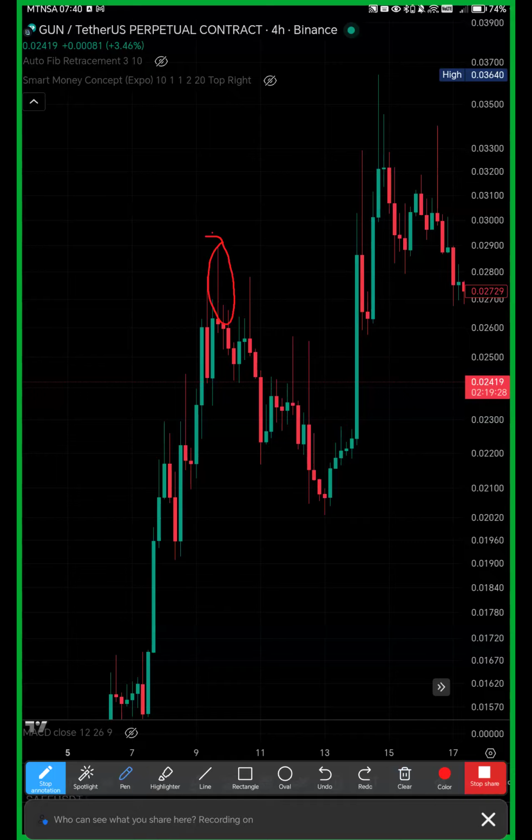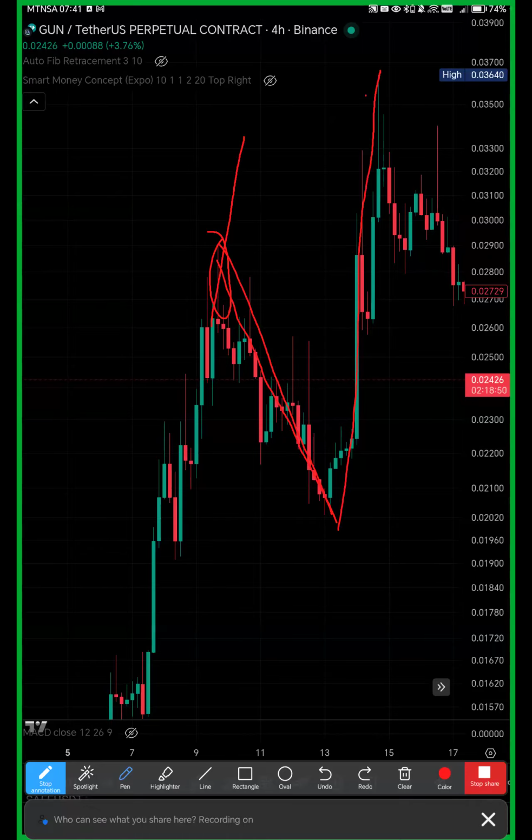So the shooting star tells you that, my friend, sellers are coming. The selling activity is going to take place. Because of the significance of this long upper shadow, it tells you that buyers are being resisted from continuing to push this price further up. Something needed to happen first. There should be a break. So there was a selling activity before price continued to go high up.